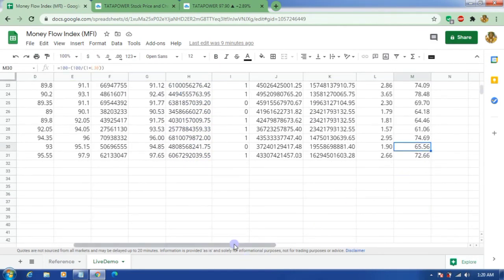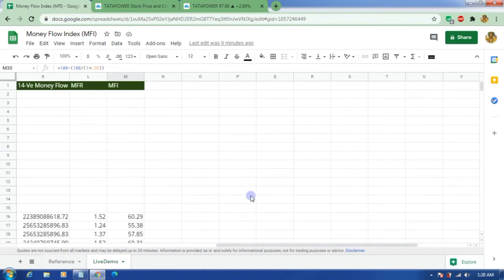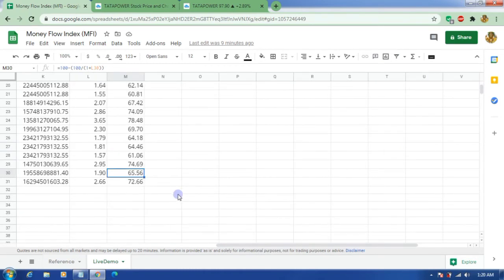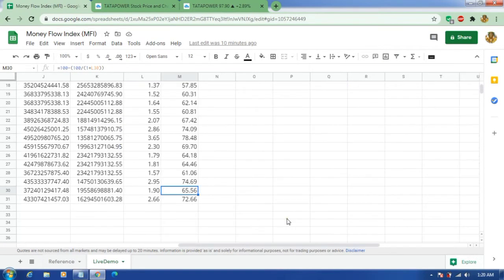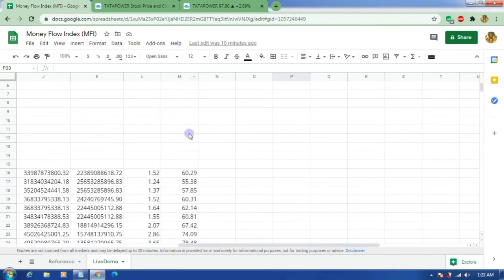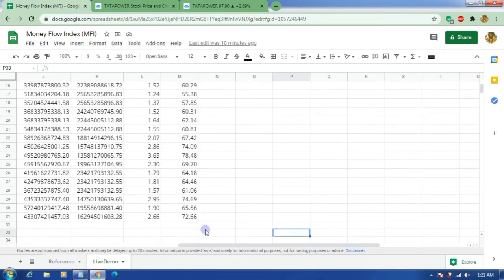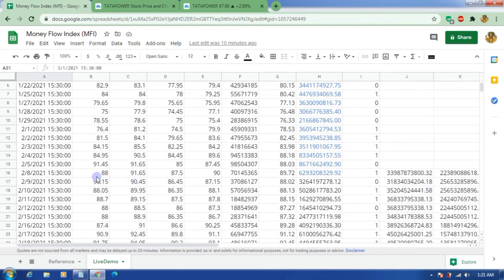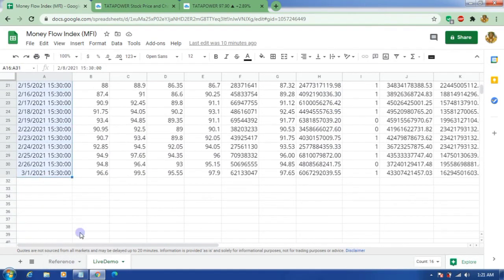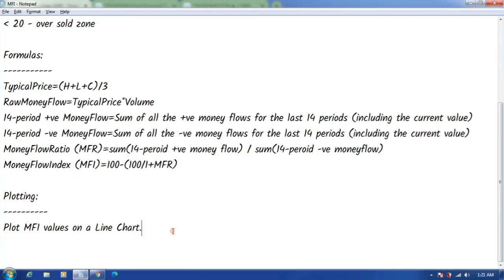Nothing to worry. So we are done with this MFI calculation, but the beautiful part is building a chart based on this data. I will need the time frame, and then I will need these MFI values. From this entire data, what we need is the date section, from A16 to A31. Let's note it down.